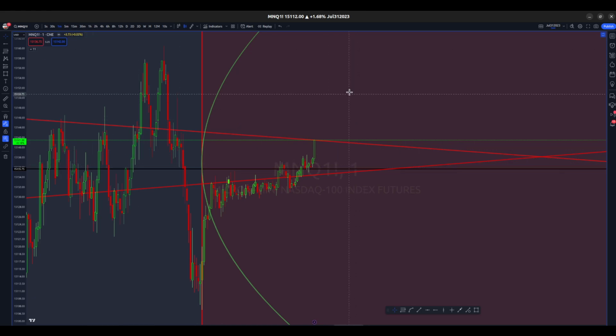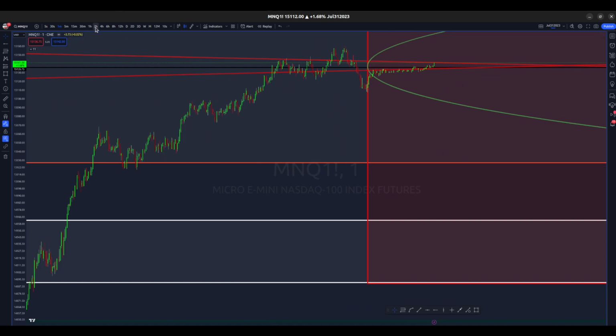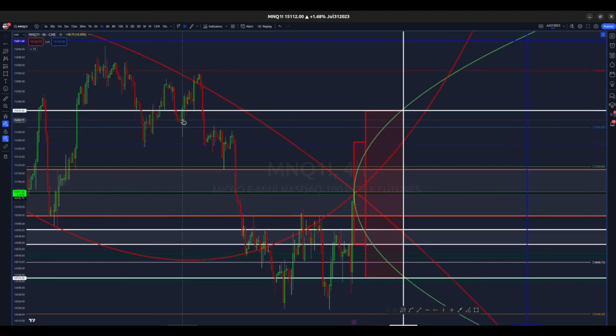I want to see if we open gap up. I would like to open gap up and just bleed off down. I would like not to have a downside gap that would need to be filled later. So that's where I am with that. But let's keep it on.